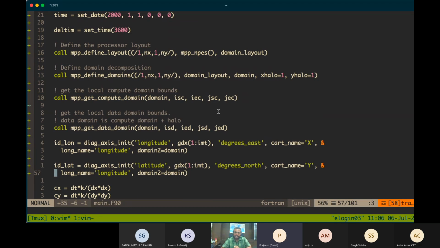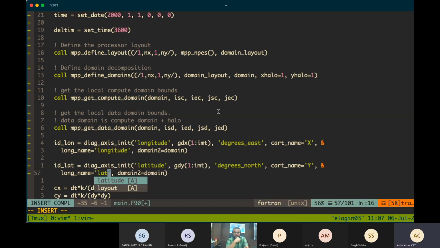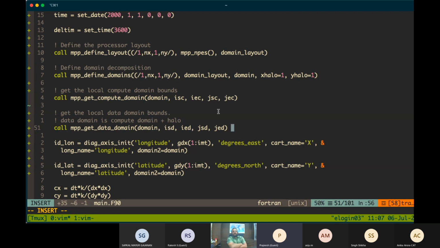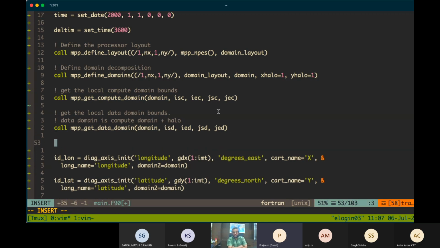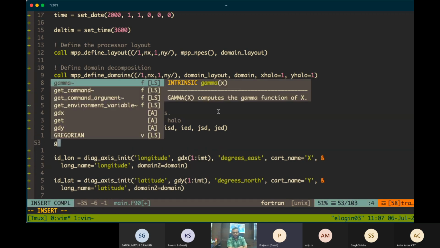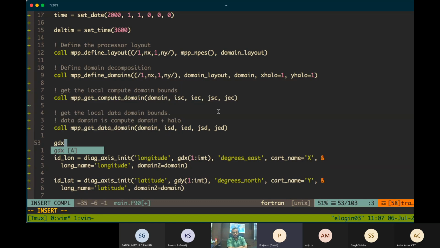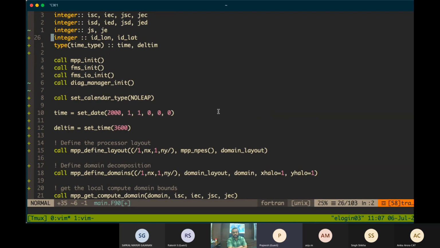So this is GDY, the second line: id_lat = diag_axis_init with GDY, and the name is latitude. Now we have to define GDX and GDY.